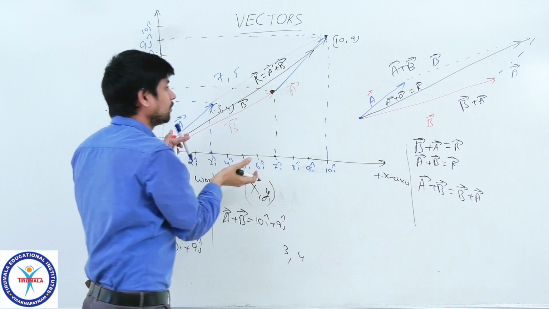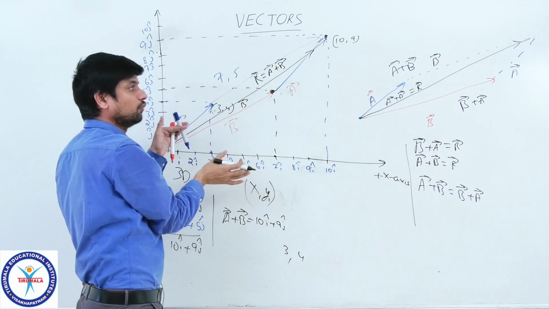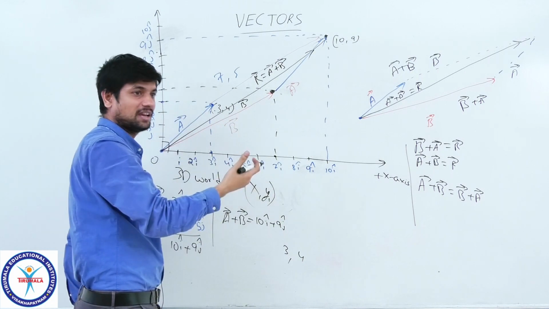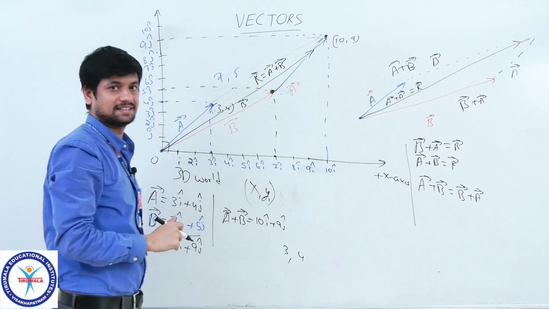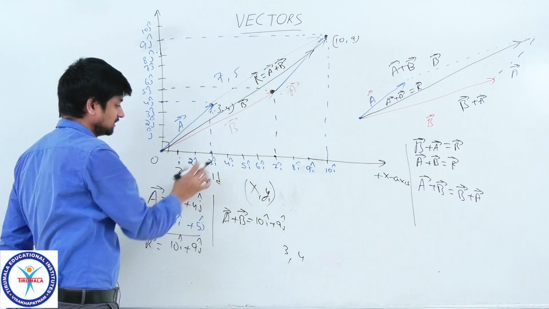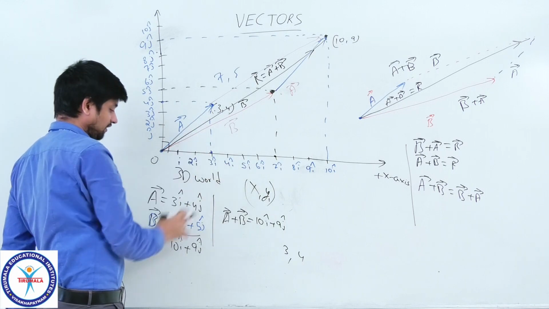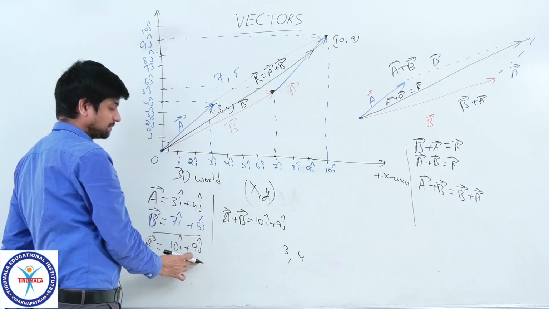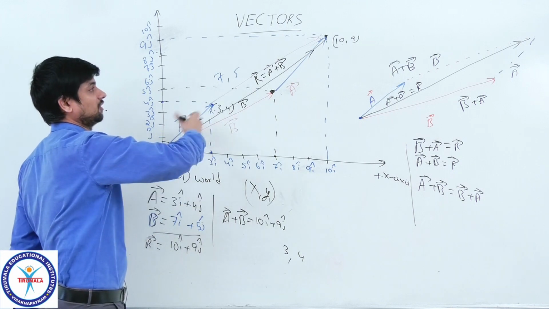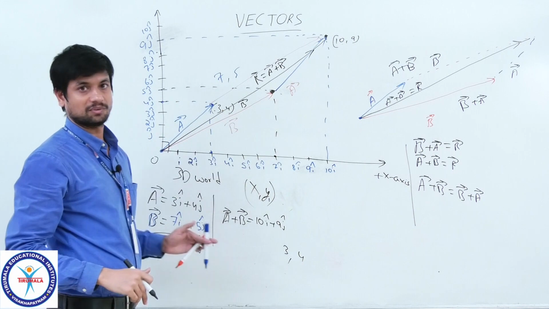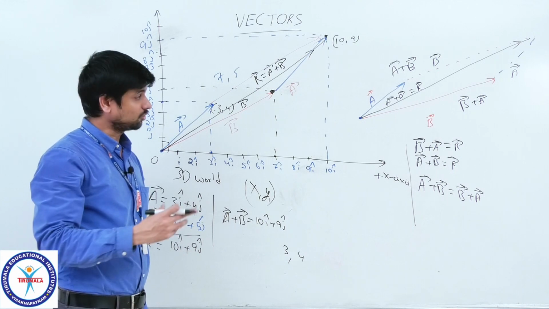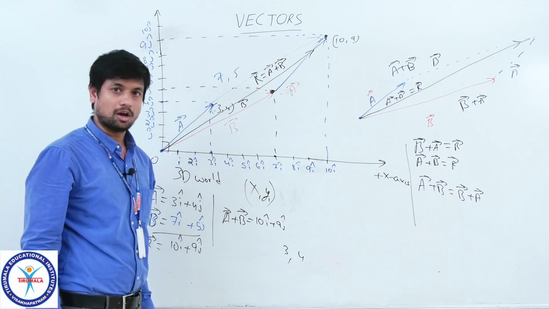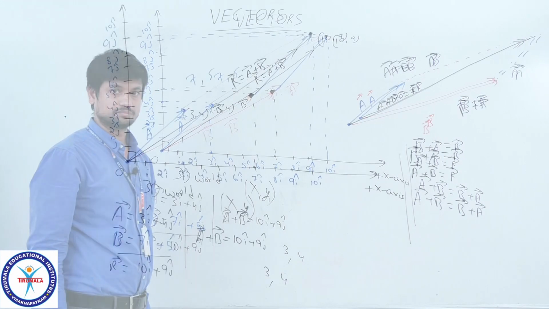So, the resultant of these two forces can be observed by any other person in reference frame to get this one, 10, 9. If it is 3i 4j and 7i 5j, the 10i plus 9j will be its parallelogram, you can see. In this way the parallelogram law of vectors can be written. So, if it is 3-dimensional, how can it be shown?